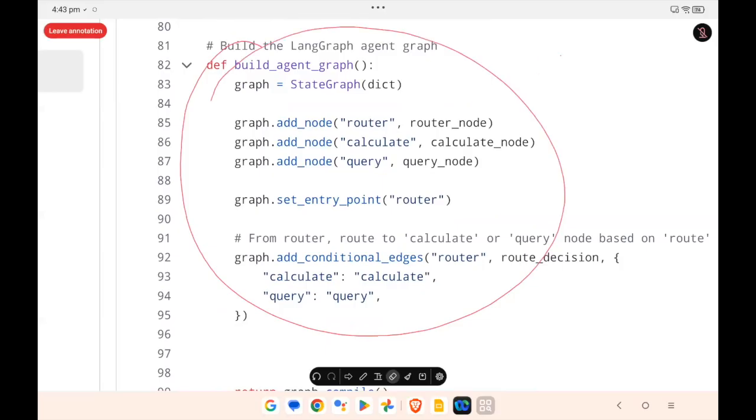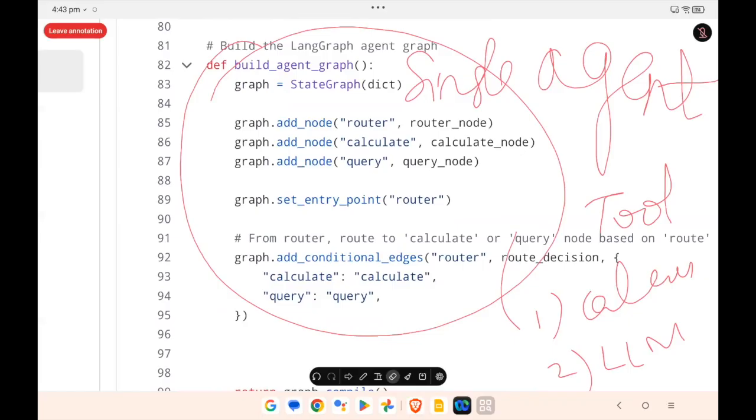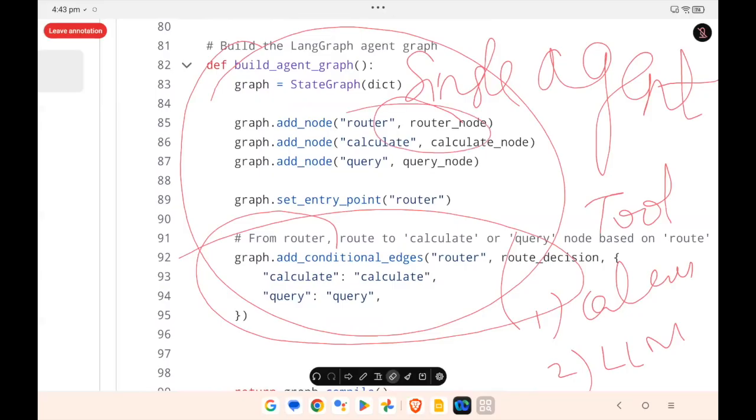This is the agent. This is what we define as an agent. An agent, and you have tools. What are the tools you have? You have a calculator, you have an LLM, Gemini. Based on your question, it either uses the calculator or the LLM tool, which is decided by the agent. It is a single agent framework. Remember, I have taught you single agent, where an agent is supplied with n tools, and based on the query, it will take the tool and use it. How it picks is decided by this router node. The router node decides which tool to take. Is it clear?